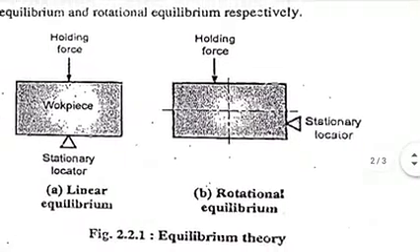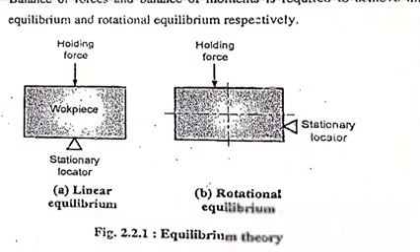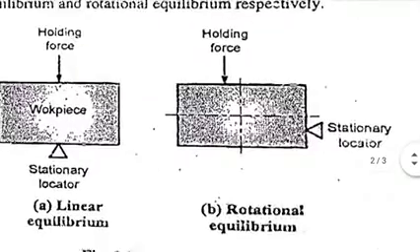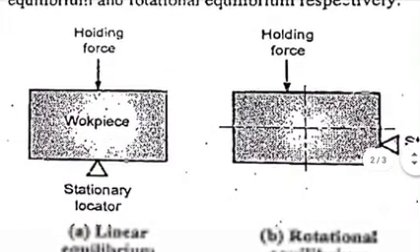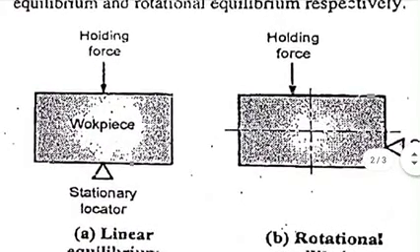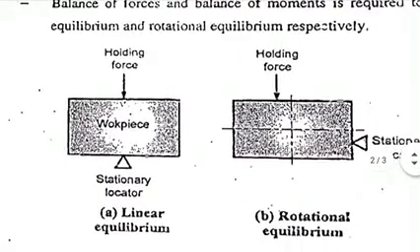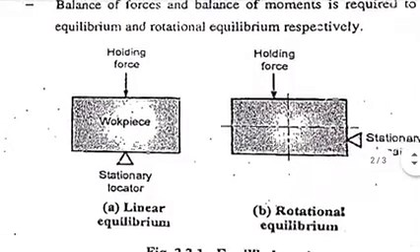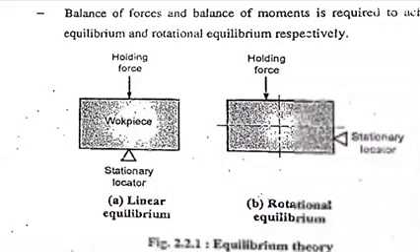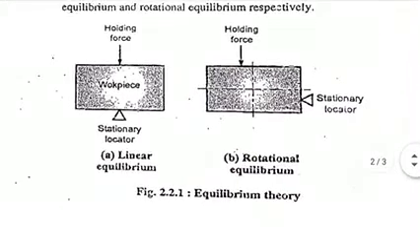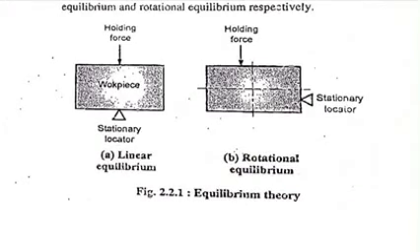Therefore, it has achieved rotational equilibrium. Now, this condition states that during the operation, we have to understand that if the force is coming from top to bottom or from any of the sides, then we should consider an equal and opposite force, so that the balancing of forces as well as the balancing of moment will be justified. Now this is what is stated in the equilibrium theory.